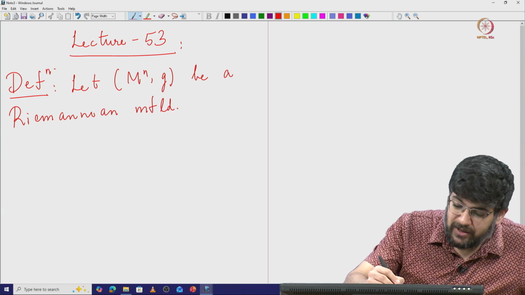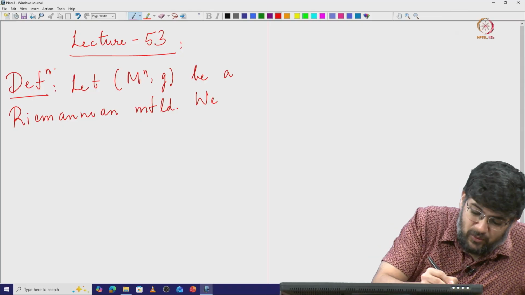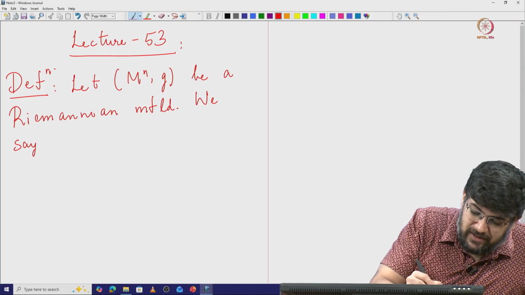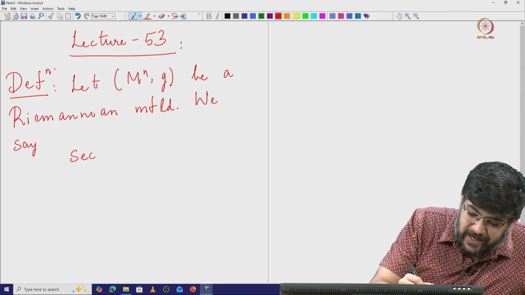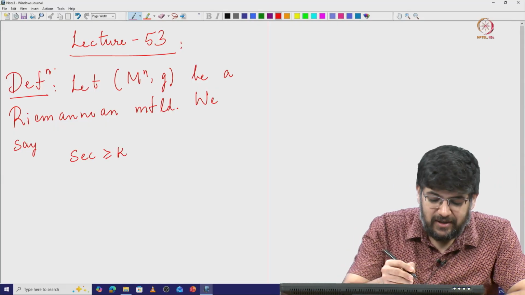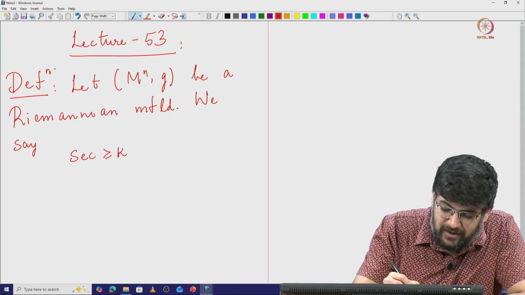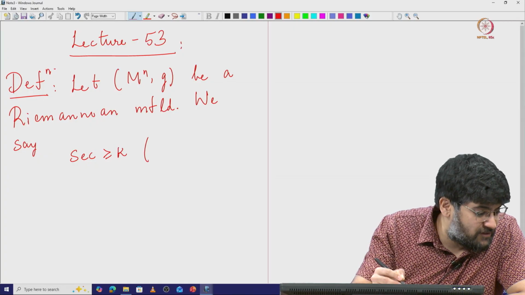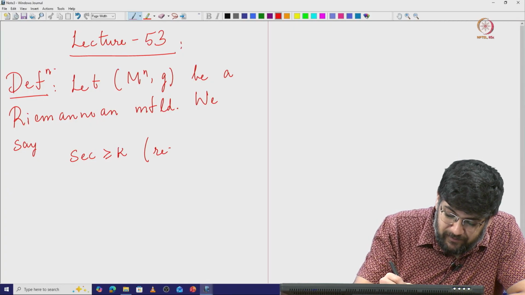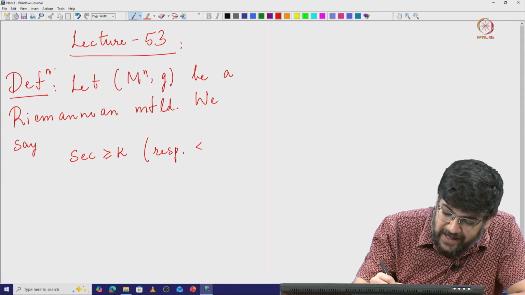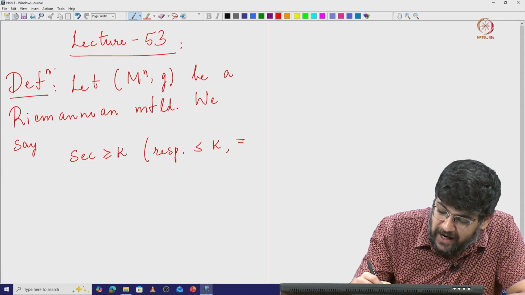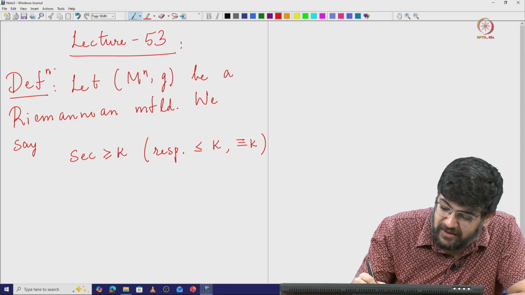Okay. We say that the sectional curvature is bigger than or equal to kappa, and respectively less than or equal to kappa, or identically equal to kappa,